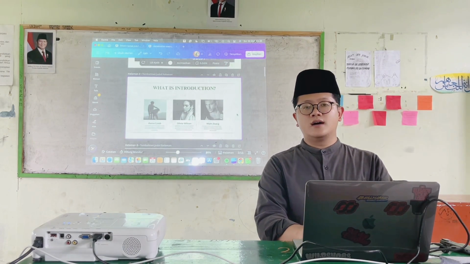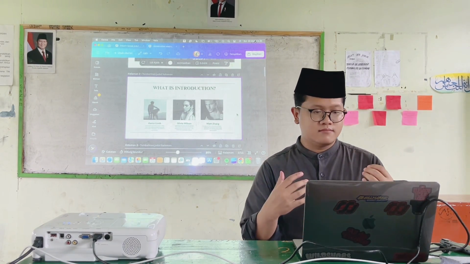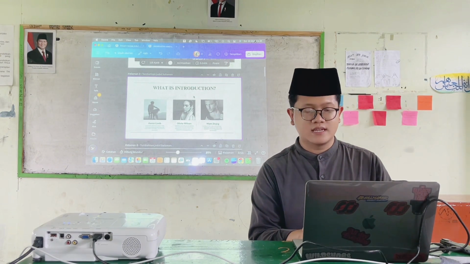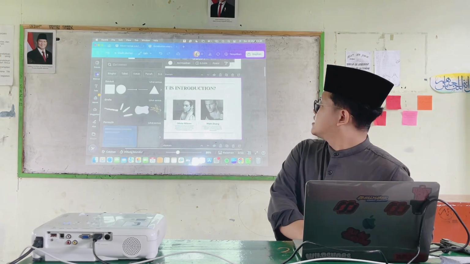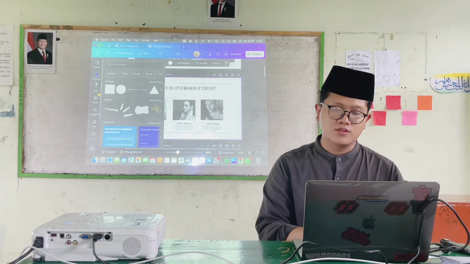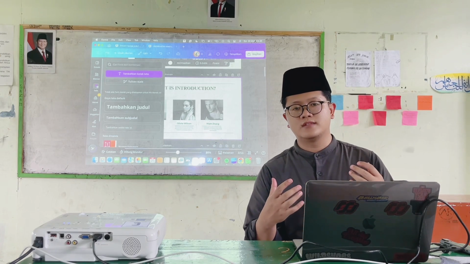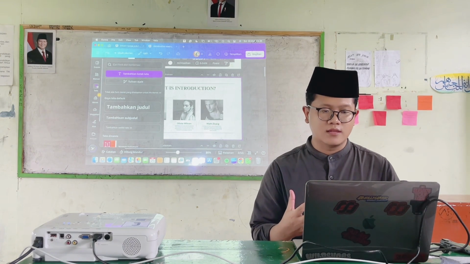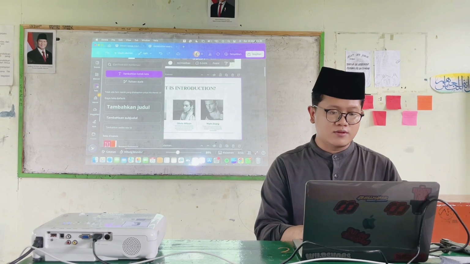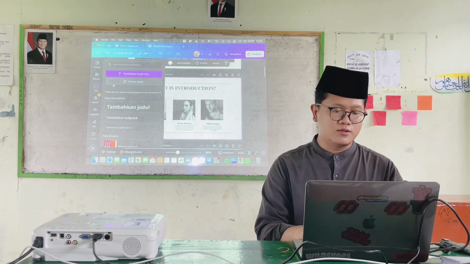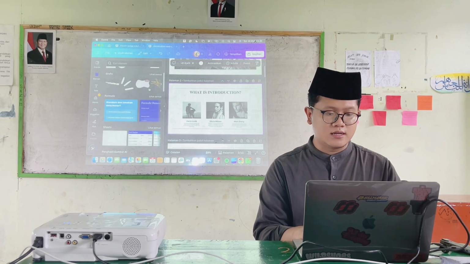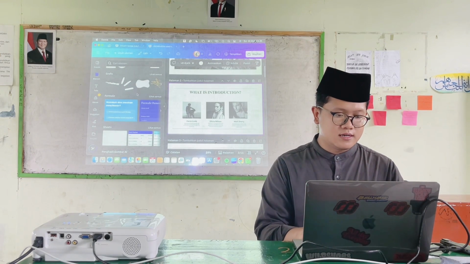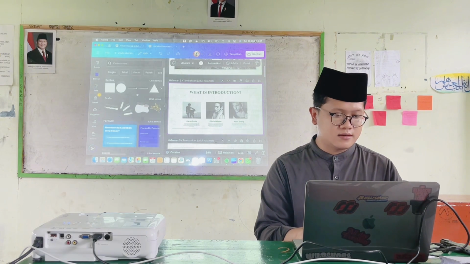And then when we want to add some element inside our presentation paper, there are some options here, as you can see. Right here there are some options you can use. For example, if you want a different font, you can directly choose which font you want to use. And for the element, for example, if you want to use different kinds of graphics or shapes, you can edit right here.